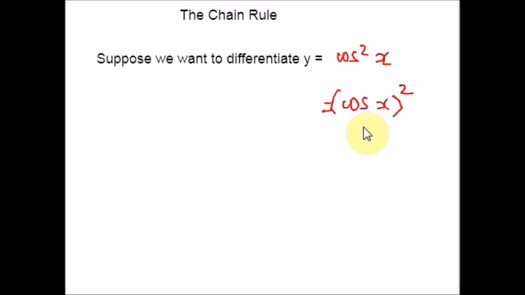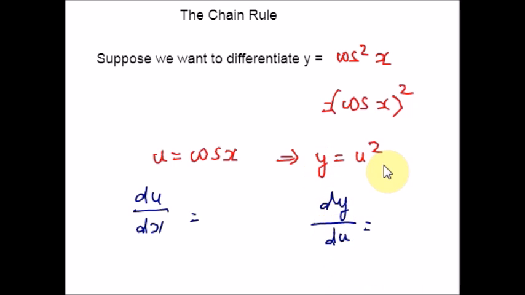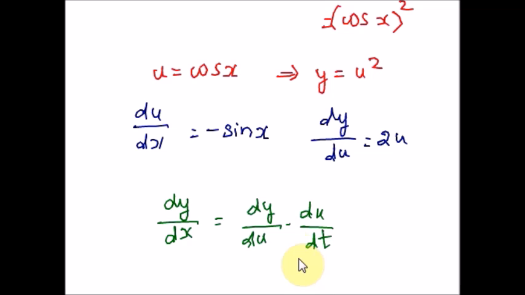So you can assume u equal to cos x, so that y equal to u square. Am I right? Which follows that we are going to find du over dx and dy over du. For dy over du, we are just going to apply the power rule. So 2u raised to 2 minus 1, which is nothing but 2u. For du over dx, the derivative of cos x is nothing but negative sin x. Here is the chain rule. Just plug in the values you got in this chain rule. By multiplying, we'll get